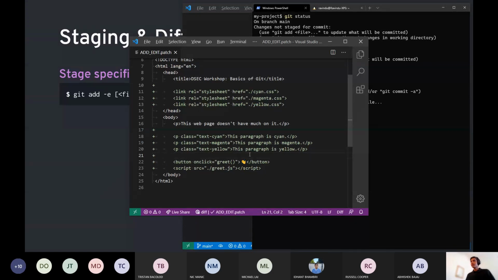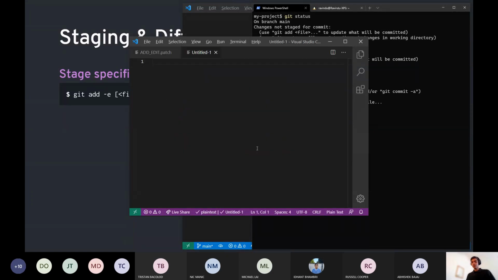So in this case, I'd want to break my change into two commits. I'd want to do one commit as add CMY paragraphs, and I'd want to do a second commit as greet user in index.html.